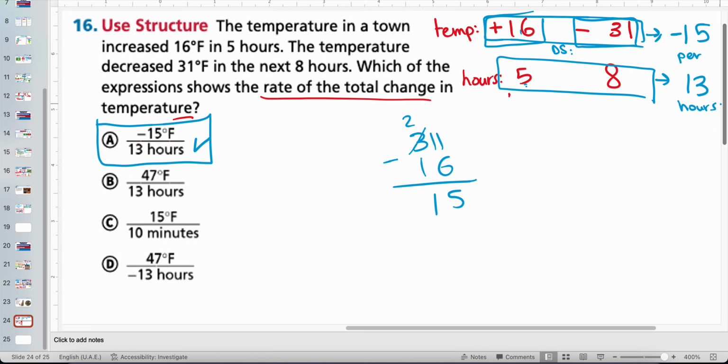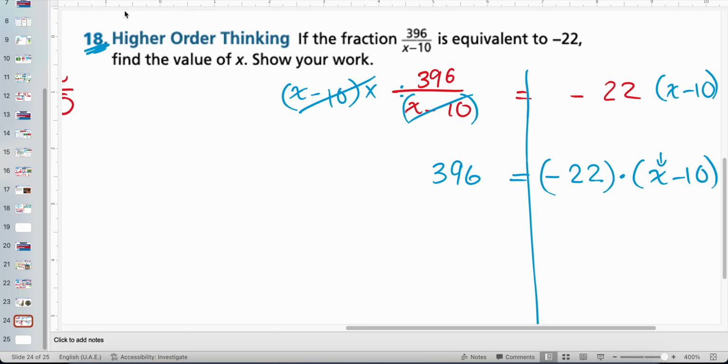This is a very advanced question. Since there is a division here, I can cancel this division by multiplying by the whole thing here. Now this is done. Now I have 396 equals negative 22 times x minus 10. My goal is to isolate the x. I want to cancel the 22, so just divide by negative 22 on both sides. Then I have x minus 10 equals, evaluate this,